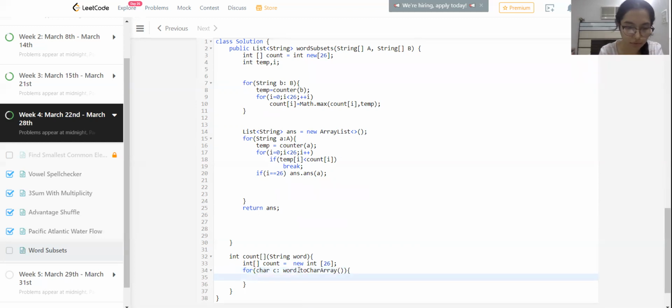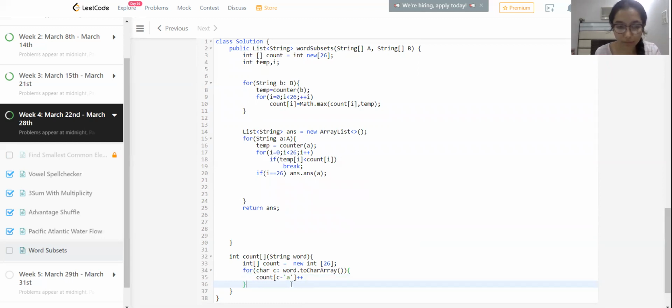We check count of C minus A plus plus. Basically what we are doing here is, if we do C minus A, it will give the position of the particular alphabet, and then we add it however many times it occurs. Not the ASCII value, basically the ASCII value would be given if we just pass C, but we are subtracting A. So if it is A, it will be at the 0th location. If it is B, it will be at the first location, respectively. So now we just return count.